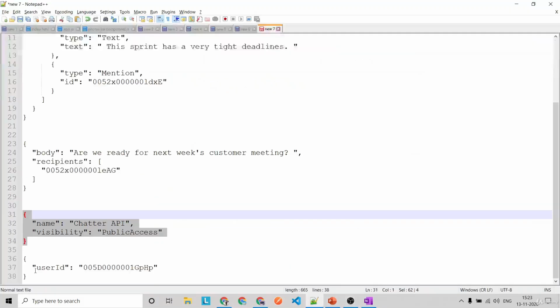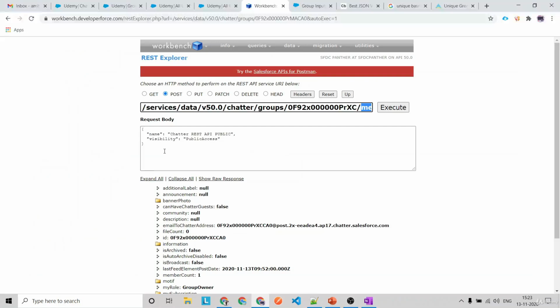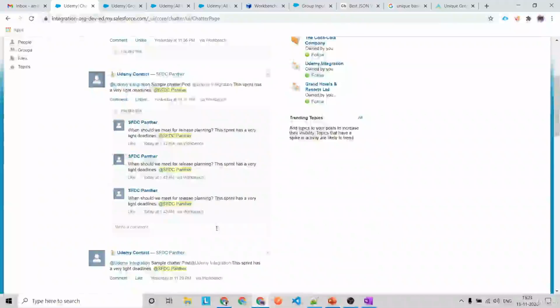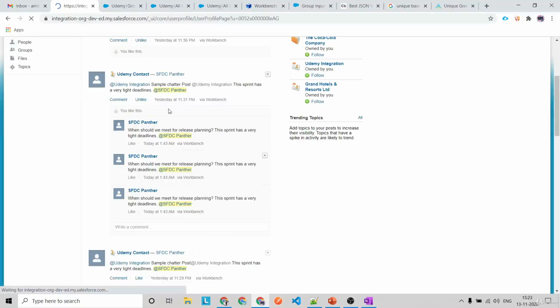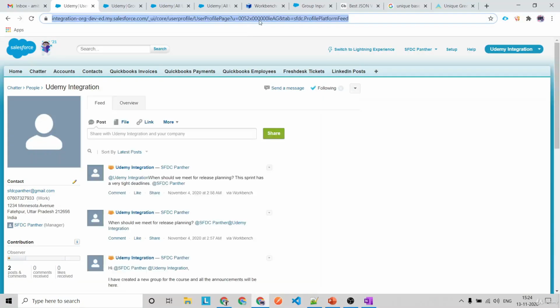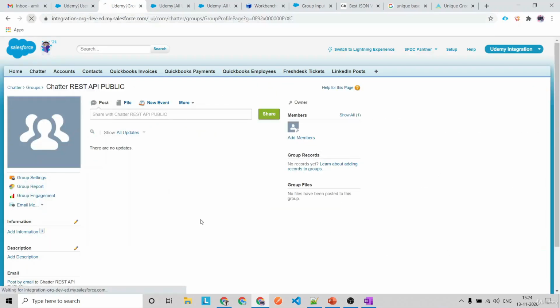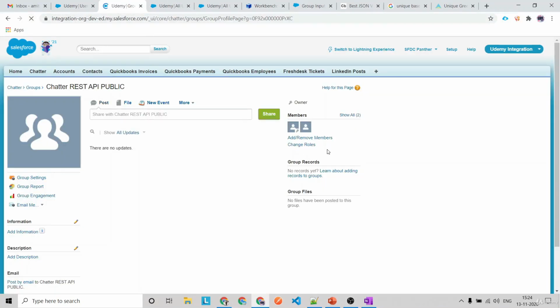We go ahead. We'll send a body over here. User ID. This is the ID that I need to add for that. So what I'll do is I'll just go ahead in a different browser. I'll find my user, which is again a Udemy integration user, and I will add that as a member because I am already a member. So this has been added to the group, and if we get back and refresh this, under the member section we will see that we have got this